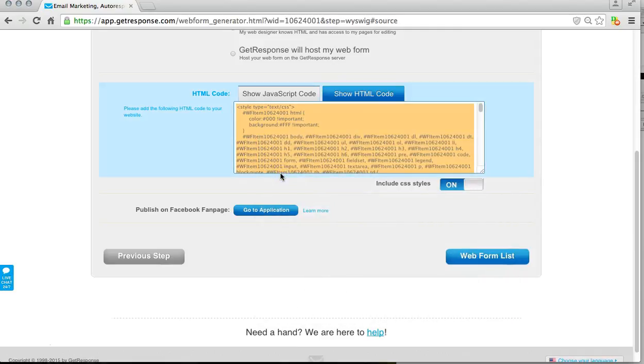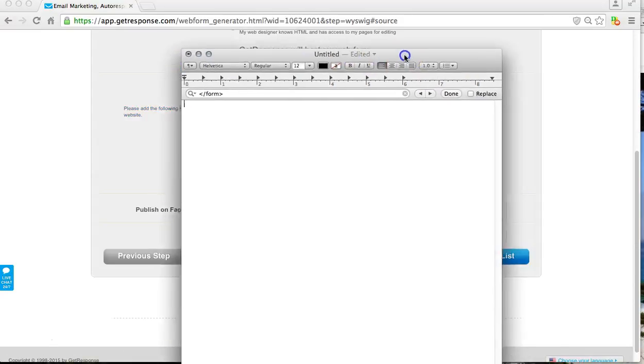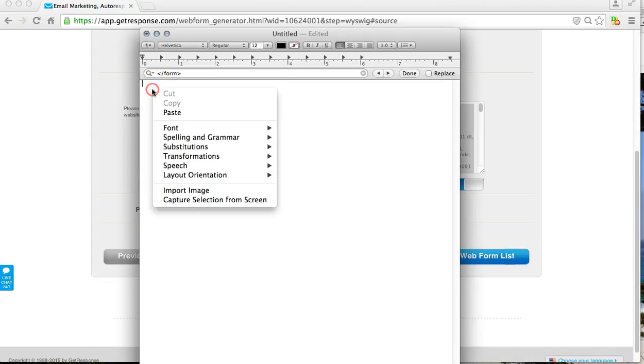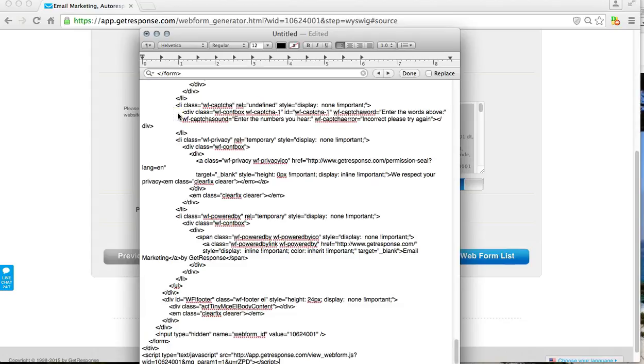Then what you want to do is open up a plain document reader. Like if you're on a PC, you could use WordPad. If you're on a Mac, you could use text editor. And so what you want to do is open up a new document and then right click and paste that HTML code you just copied from GetResponse into that new document. And then what you want to do is